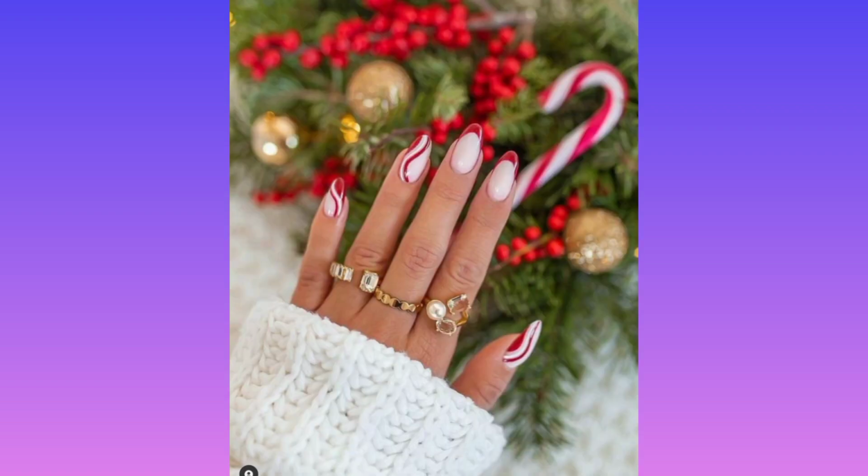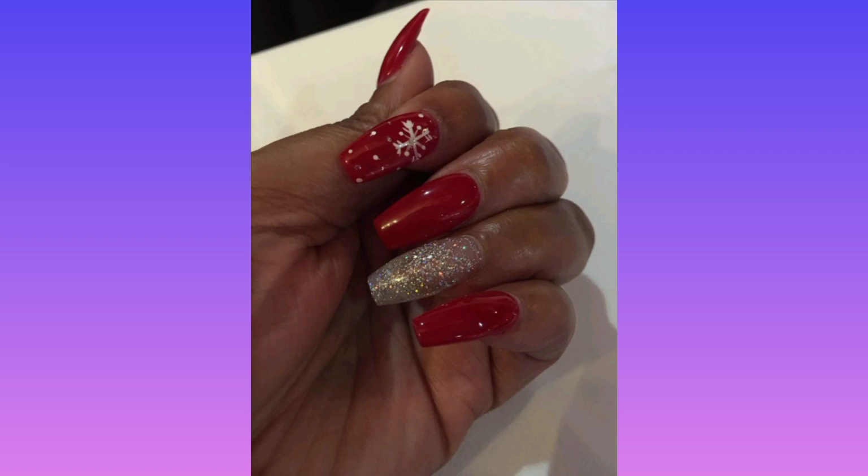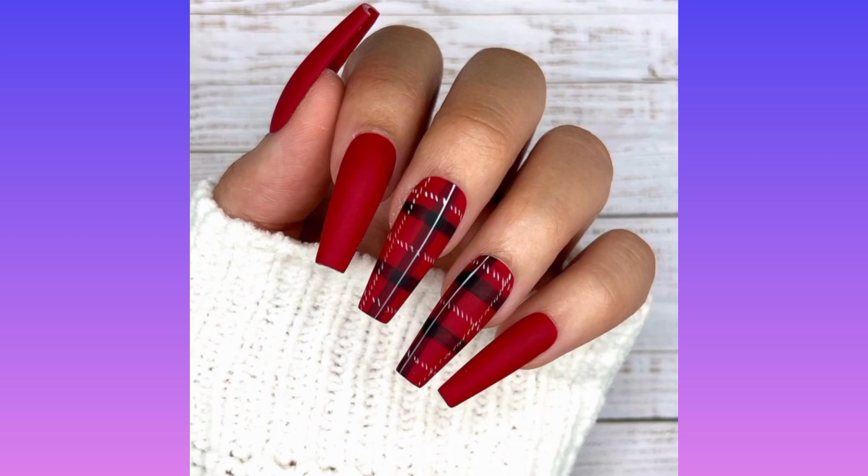The current trend of red Christmas nails is that red nails are an absolute classic for Christmas and everyone loves to embrace the color of the season. There are many ways you can experiment with it and many other color combinations that work with red. Some trends